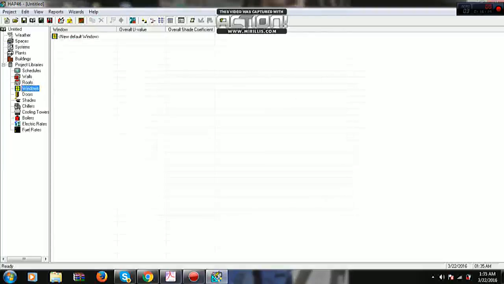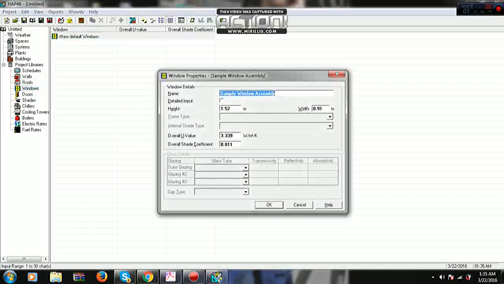Repeat this procedure for windows. Click window and make it. You can give the size of the window to which you are going to provide the U value. But right now we don't know the size of the window, so we will take per meter square unit. So I will take height 1, width 1, so it will give 1 into 1 meter square. The U values for 1 meter square of window. Then sample window